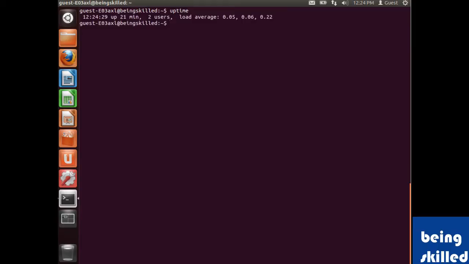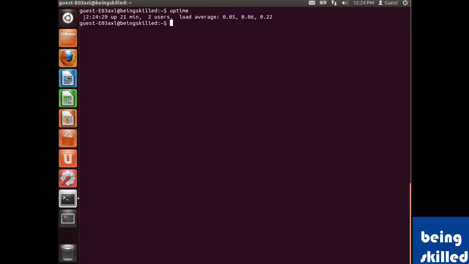It tells you exactly for how long the system has been running, how many users are currently logged in, and what the average load on the system is. The lesser the load, the better its performance. And it also shows you the current time.